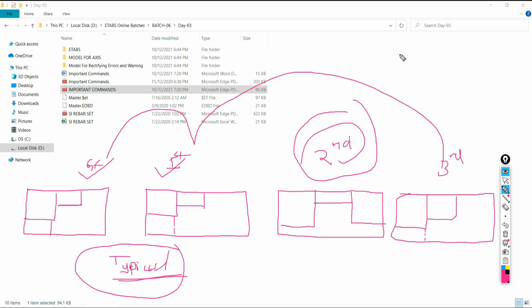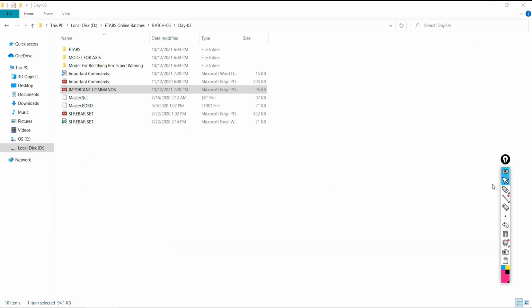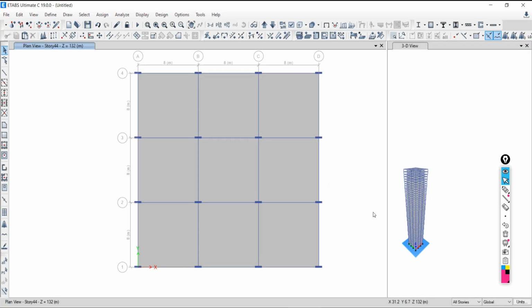Then when you come to the terrace, obviously the terrace will be different, like this terrace floor plan. So ground, first, second, third, and terrace. The terrace is different, the second is different. Your ground, first and third are the same. And on what basis are we calling them the same? Because of the similarity of architectural arrangement. Got it? So we are going to call it a typical floor plan.